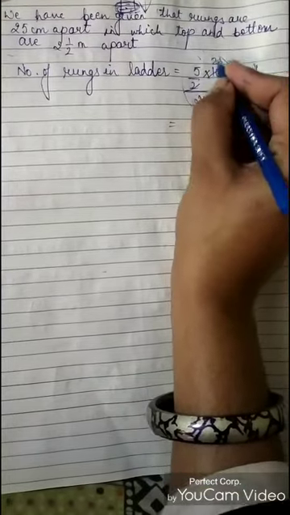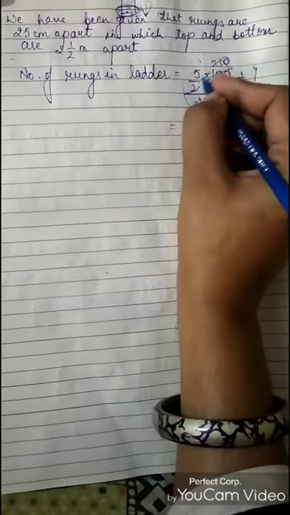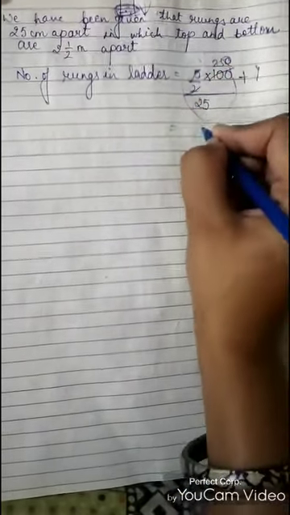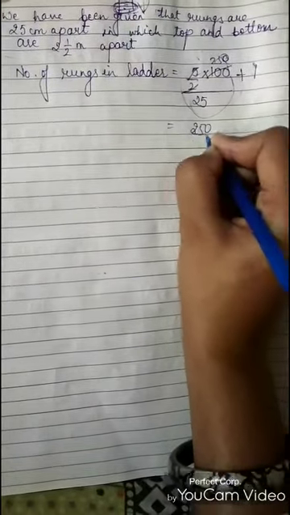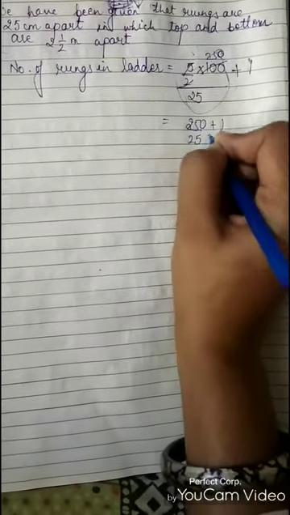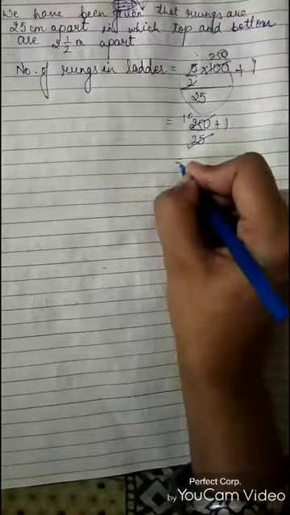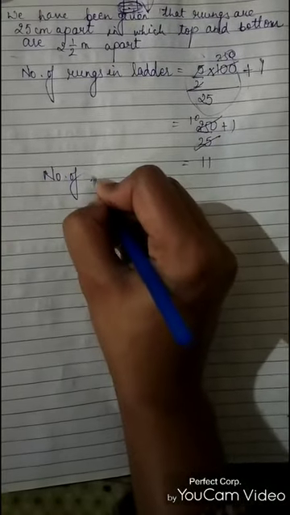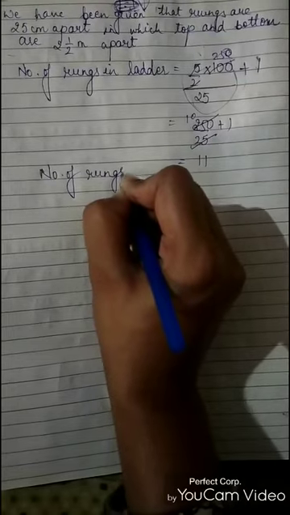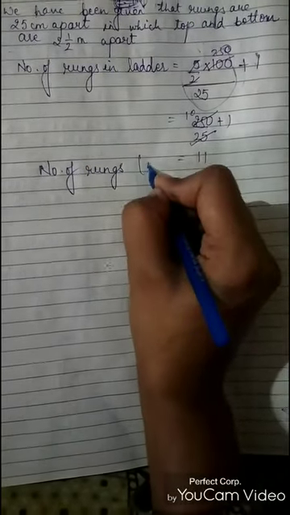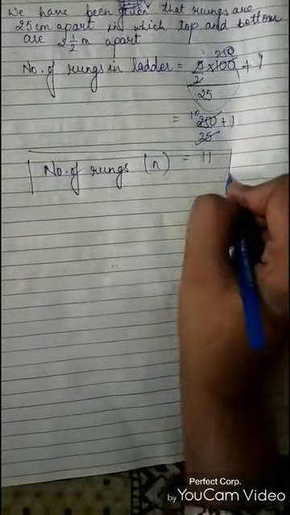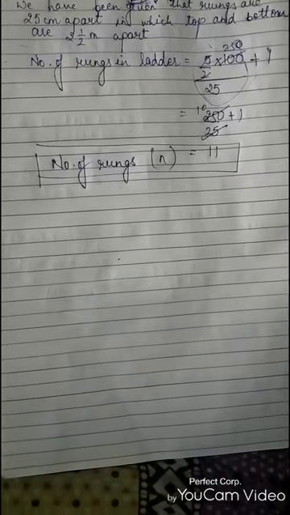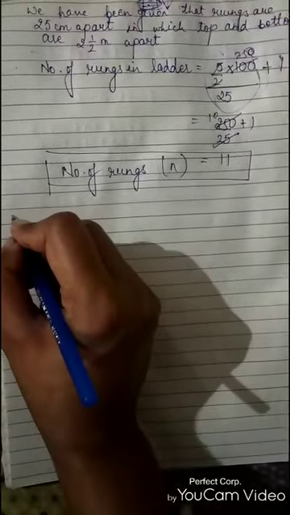Solve this. This is 250 multiplying these two. So this is 250 upon 25 plus 1. Solving this you'll get 11. So total number of rungs are, that is n is 11. Okay, now what is given to us, that